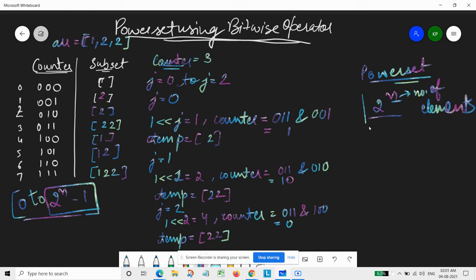So there would be a total of 2 raised to power n elements in that particular power set. So that's why we are taking a counter which will be from 0 to 2 raised to power n minus 1, basically 2 raised to power n only. So our power set would be of size 2 raised to power n. So that's why we are taking this counter as this value.